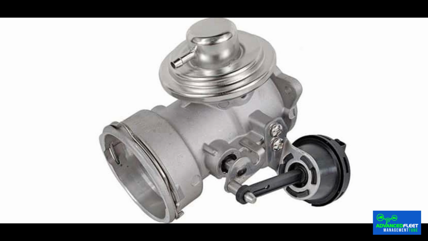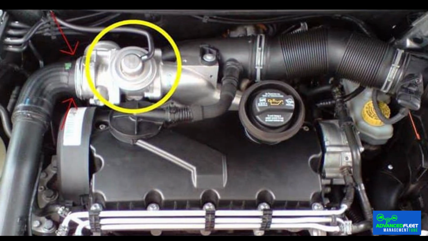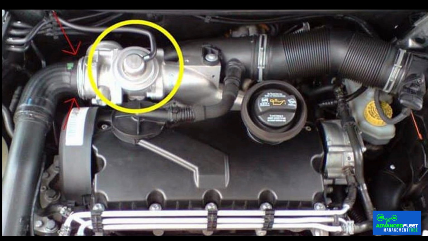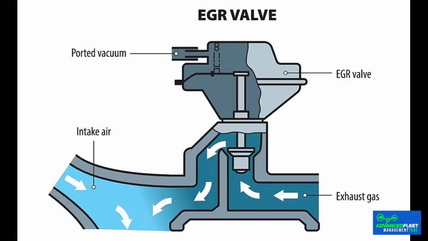It is called EGR, exhaust gas recirculation, and that is precisely the function of this part: to introduce part of the gases resulting from combustion into the engine so that they are not released into the atmosphere and are used in a new combustion phase. In this way, the mixture is less rich in oxygen and emissions of nitrogen oxides are reduced. So, what EGR does is recycle the gases coming out of the exhaust manifold and reintroduce them into the combustion chamber. How is this possible? Through a simple valve that connects the exhaust manifold to the intake duct.